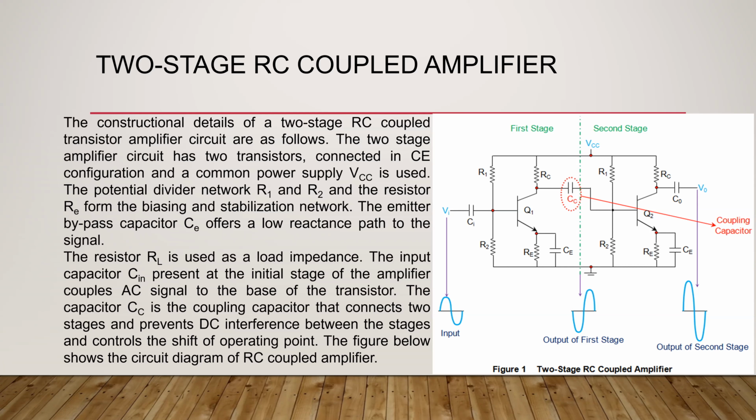If the input impedance of the second stage is very large, then no problem: the maximum portion of the voltage will appear across the second stage and a negligible amount across the first stage. But if it is reverse, that is, if the input impedance of the second stage is very low or equal to that of the first stage, then half or a major portion of the voltage generated in the first amplifier will simply appear across the output impedance of the first stage itself. It will not be passed on to the next stage.